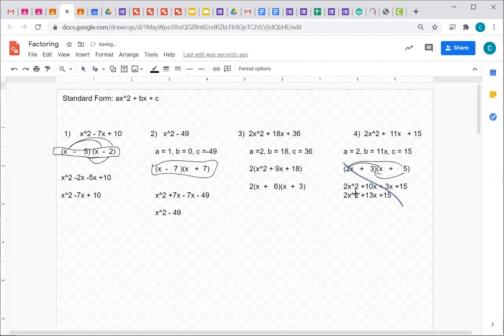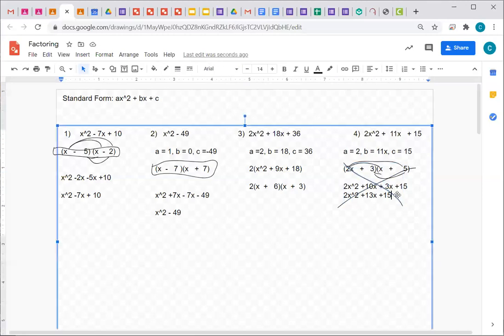So I think, well, 3 times 2 is 6. 6 plus 5 is 11. So I have to multiply the 3 by 2. So okay, 2x